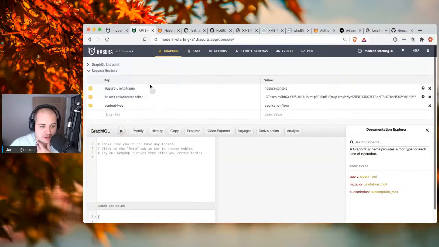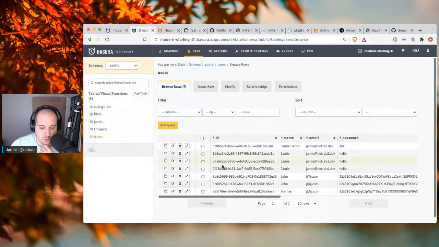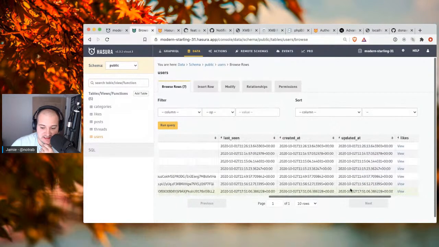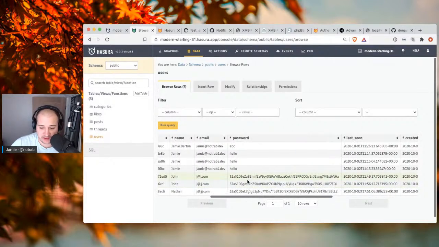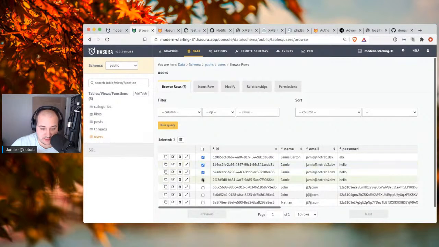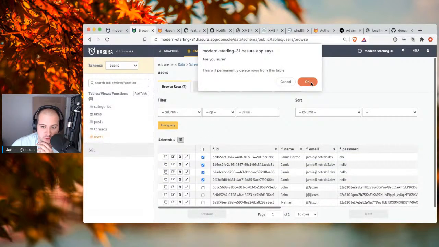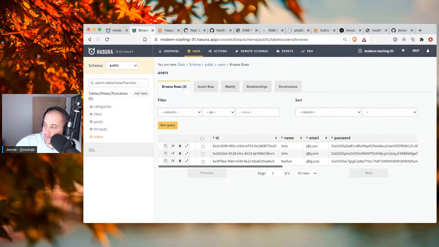Now if we open up Hasura, just to double check this, I didn't do this previously, but if we go to data inside of Hasura and click on users, then if we go to browse rows, you'll see there we go, we've got Nathan, and this is coming from the database. And you can see that this password here has been hashed, and it's got the salt in there and stuff. So we're pretty good. That is now going into the database in a safe way. We can probably delete these older records as well, because these are no longer required, and they won't be valid either with the password. So now all that's left to do, yeah,